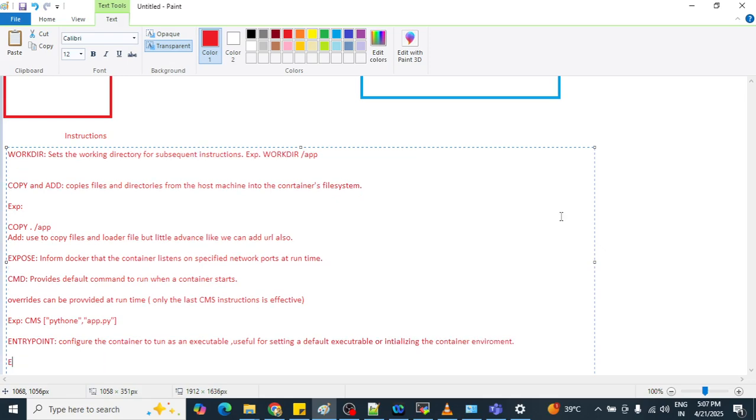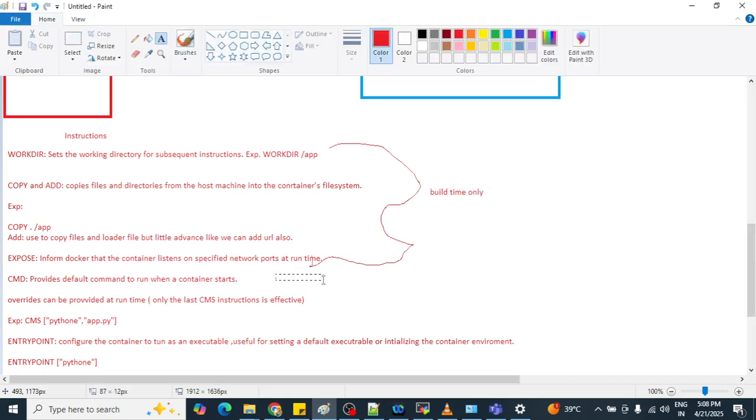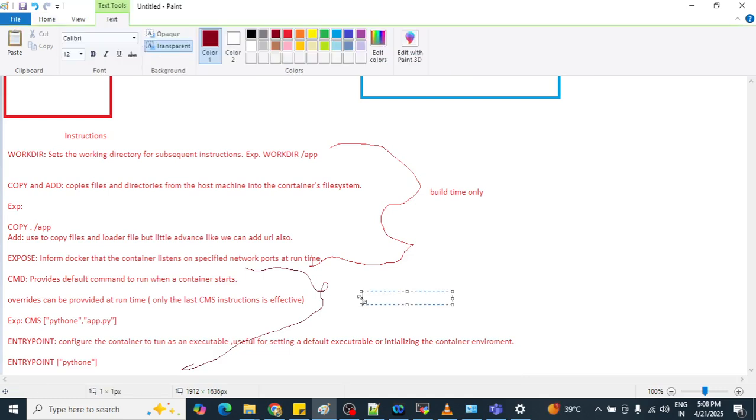We can write like this: ENTRYPOINT, then we can give these four commands run in build time only, and these two commands, CMD and ENTRYPOINT, will execute in your Docker runtime. I think it is clear.